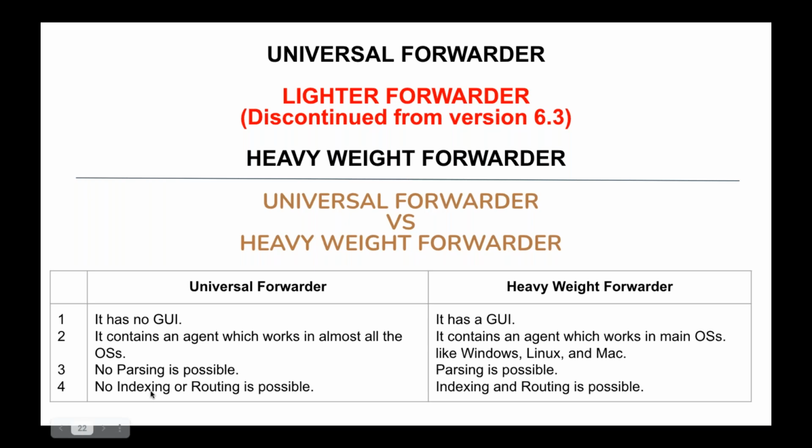And again, no indexing or routing is possible. There will be no indexing and no routing in the universal forwarder. Whereas in the heavyweight forwarder, indexing will be there because it is the same as Splunk, and routing will also be there. What is meant by routing again? Routing